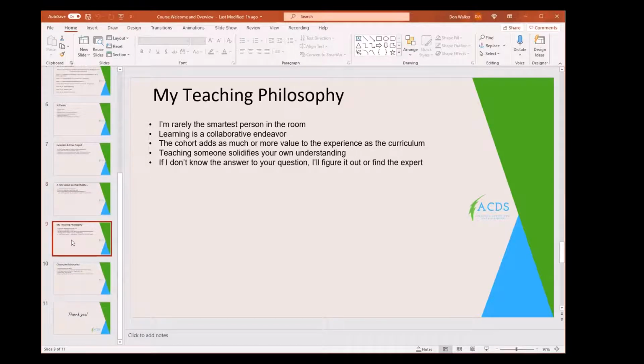Let's see. My teaching philosophy. Yeah, guys, I don't even profess to be a cutting edge expert in all of this. I'm a journeyman in all of these tools. I rarely remember exactly how to do what I want to do. I just know that you can do it, and I have to look up the syntax. There's just so many languages circling around, and in my old brain, I rarely can remember the exact syntax, because you can do the exact same thing in SQL and in Python and in Excel, and then there's a slightly different expression language in